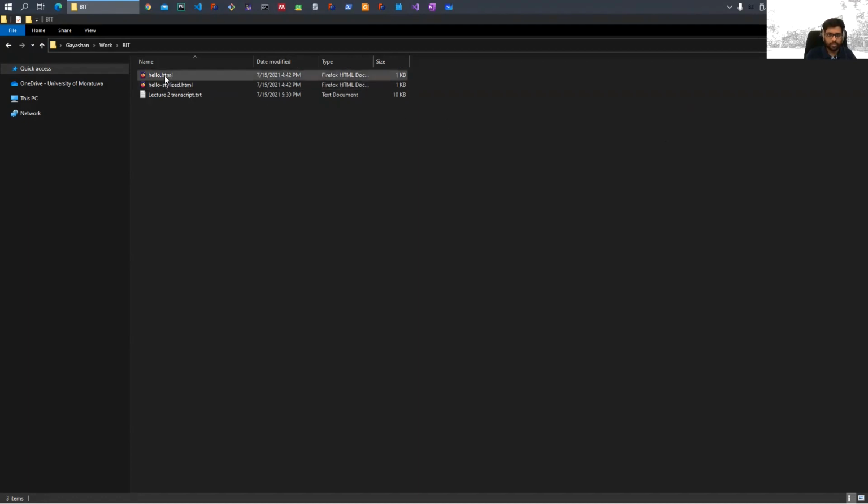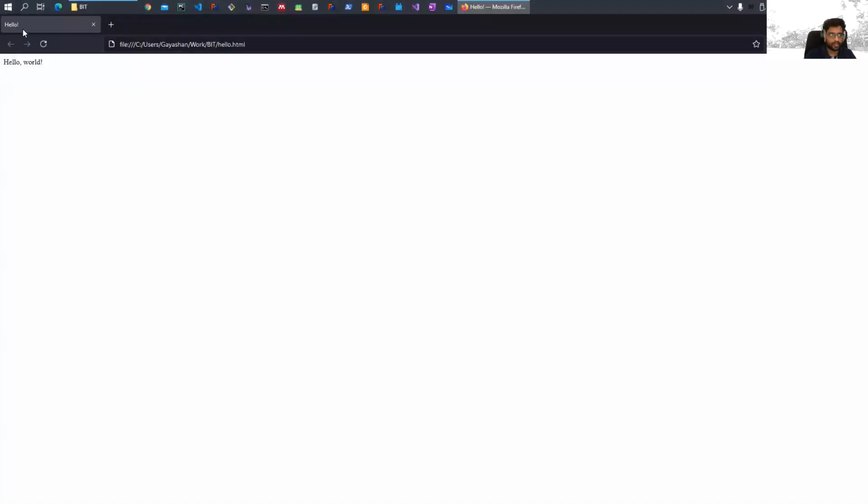This is an HTML page that I have created based on the HTML page that we saw in the previous example. Let me open that in a web browser. Now you can see how it looks in a web browser. I opened it using the Firefox web browser. So this is how it looks. Here you can see there's a title called hello, and then in the body it says hello world.